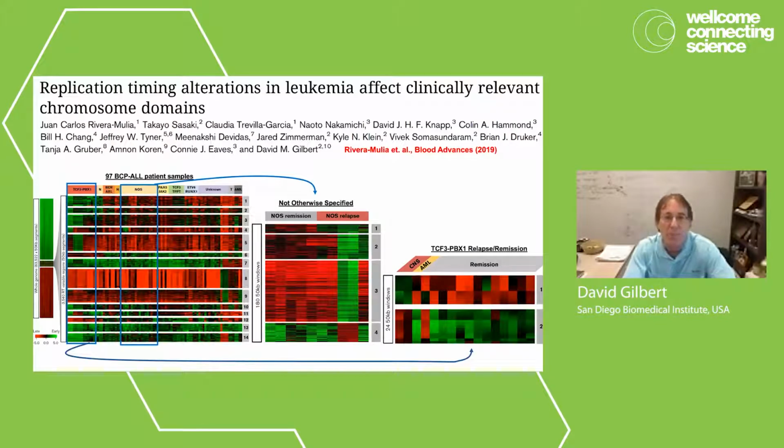Okay, so I'm going to show you a couple of stories from my lab on disease. This first one is kind of a pet project. I also performed a sabbatical on this topic, and so this is a cancer study, and the cancer that I decided to focus on is B-cell acute lymphocytic leukemia, pediatric B-cell acute lymphocytic leukemia, which I'll call BCP-ALL.